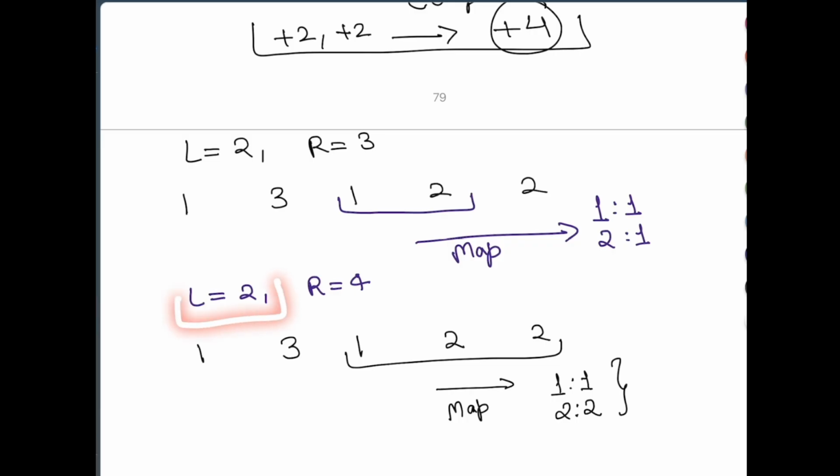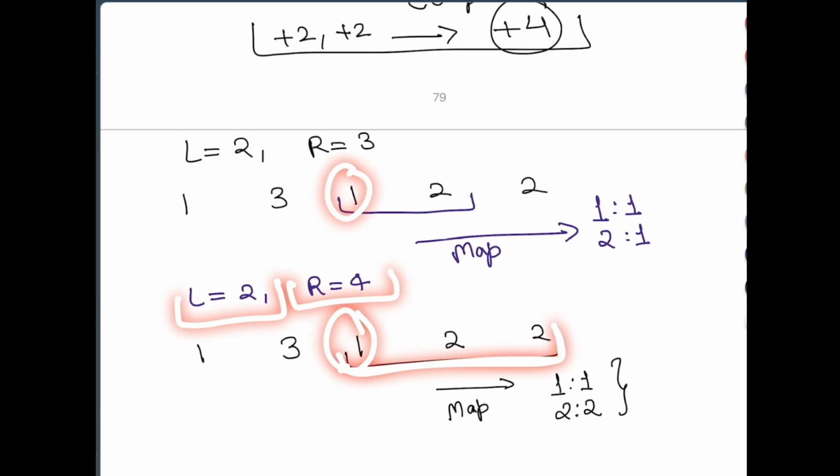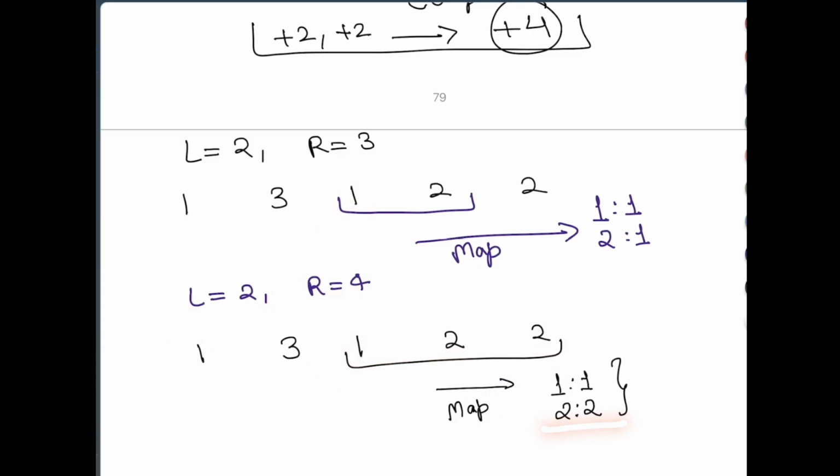So L is 2, L is still 2, and then R is 4. It means this is our subarray. The mapping will have 2 number of 2 this time, but still we just have 2 elements, 1 and 2. We don't have all the distinct elements in our mapping. So this is also not a complete subarray, and at this point of time we are going to stop because